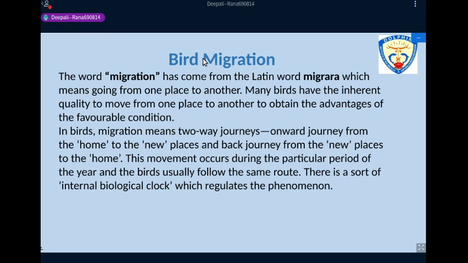We all animals have an internal biological clock. Human beings also have the internal biological clock. Whenever that clock is going to strike the animal or the person, it will give a type of signal and a stimulus that it should initiate or start the process of migration. And this internal biological clock is going to regulate this particular phenomenon.